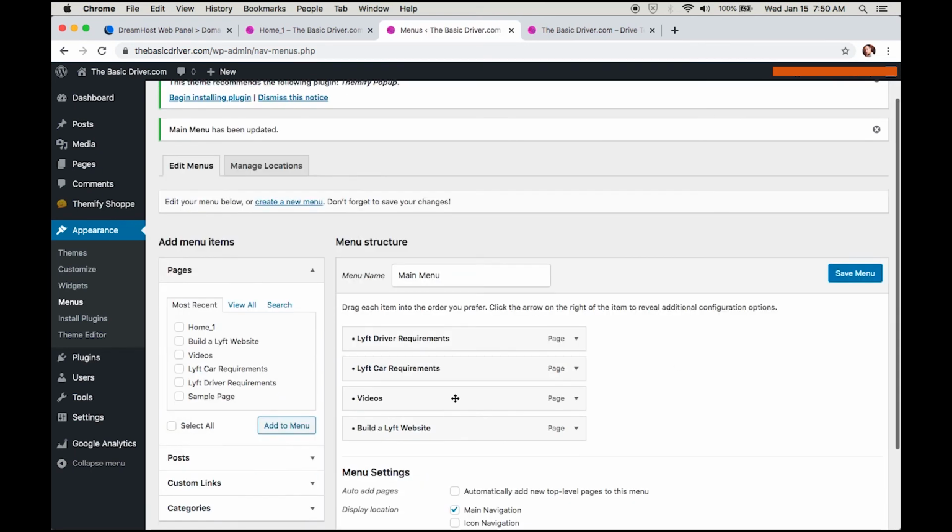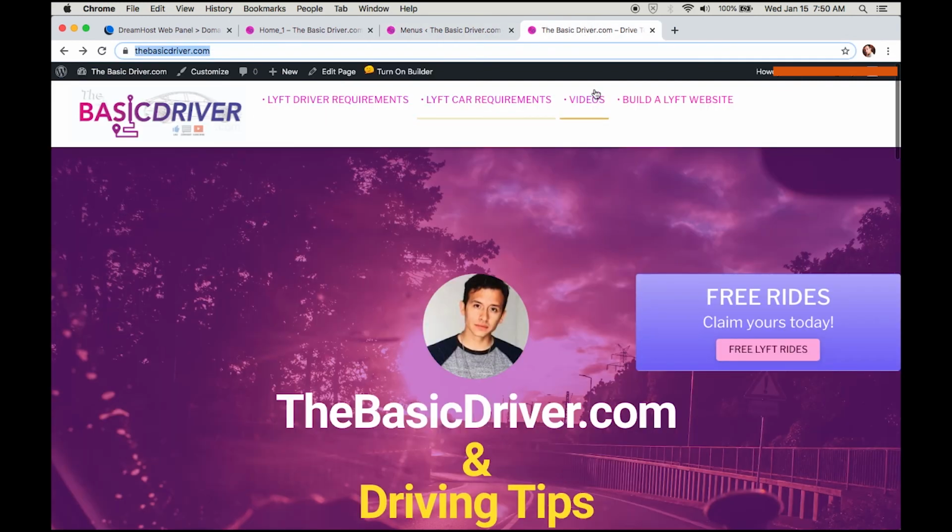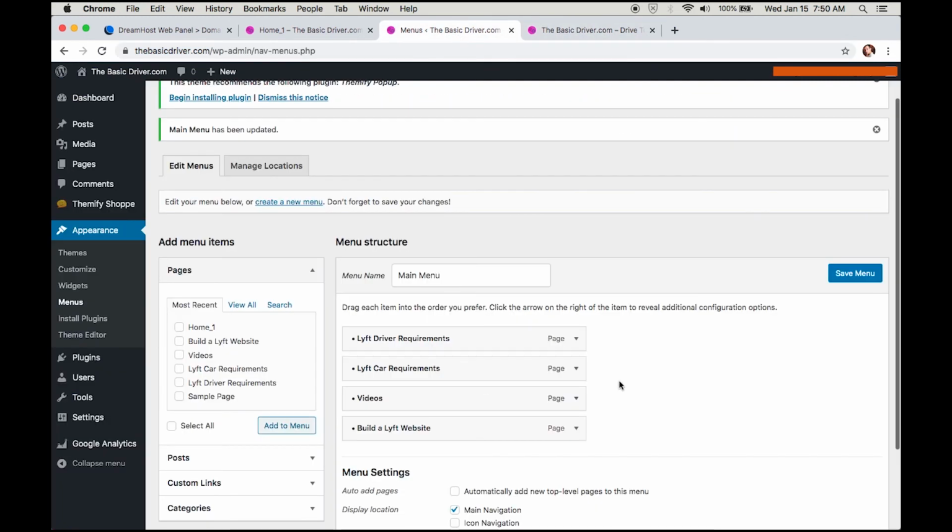This is how your menu is going to look, and so the order that comes in is the order that will show up here from left to right. Now the big thing that also comes up is